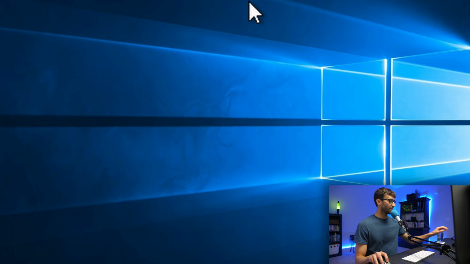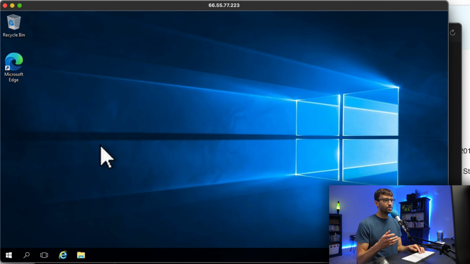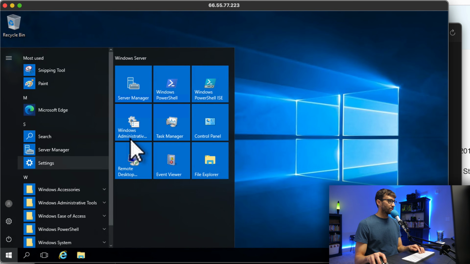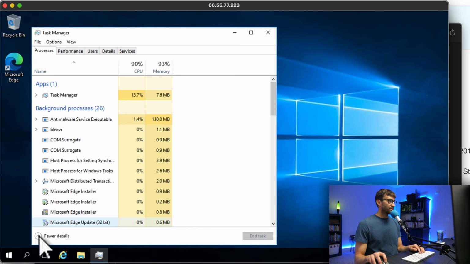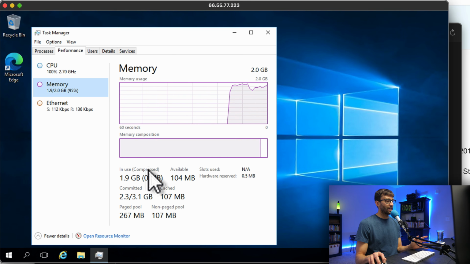Now I'm going to escape out of here just so we're not full screen. And the first thing I want to do is check our system resources to make sure that everything was allocated properly. So if you come down here to the Windows icon, we can go right to the task manager. And if you don't see this initially, you'll have to click on more details. And what we want to do is come to the performance tab and confirm that we do have one virtual CPU at 2.7 gigahertz, and our memory is 2 gigabytes as we allocated it back